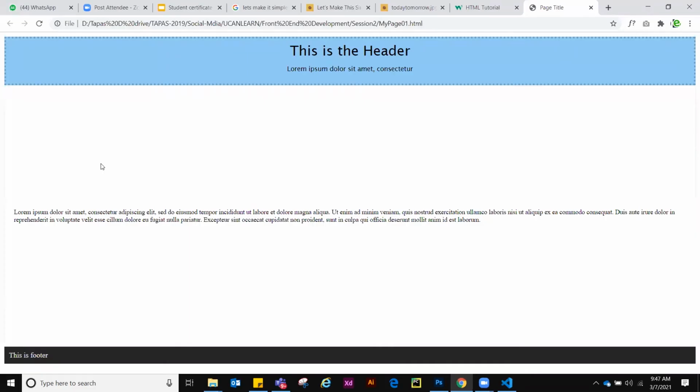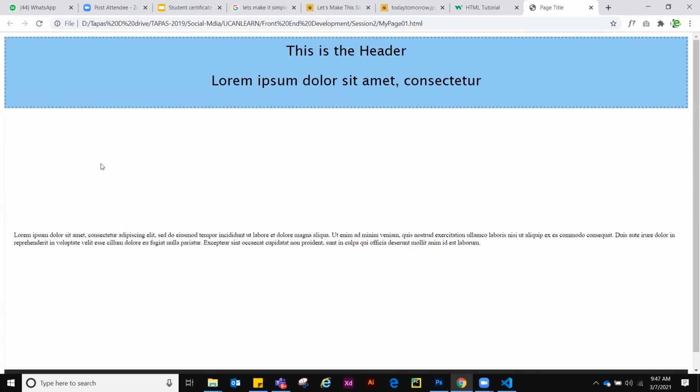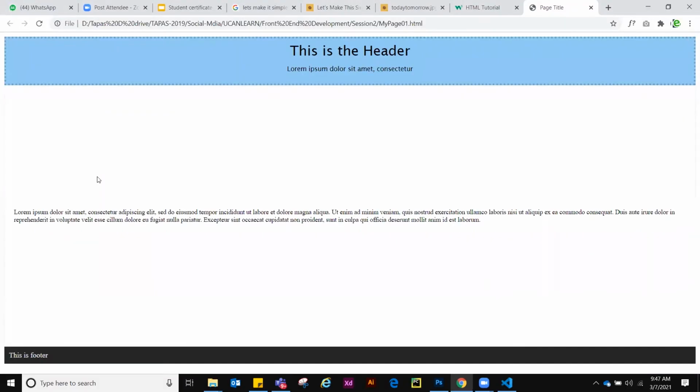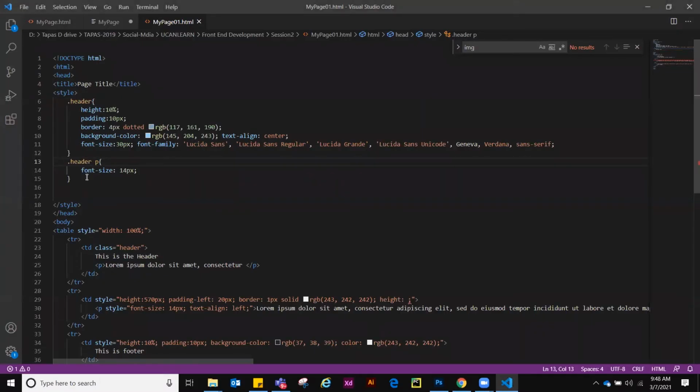Ideally it should look like this. Let's check how it should look. Why? Because I have removed the style from this p tag, right? But see, now all the p tags inside header will look like this. Now the fun part: what is the beauty of creating a class?